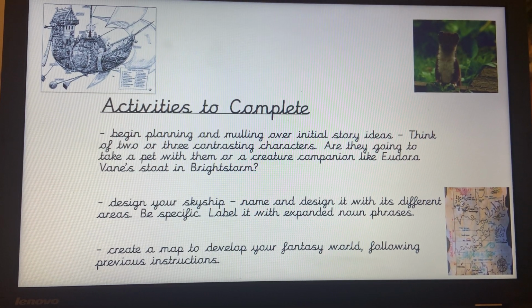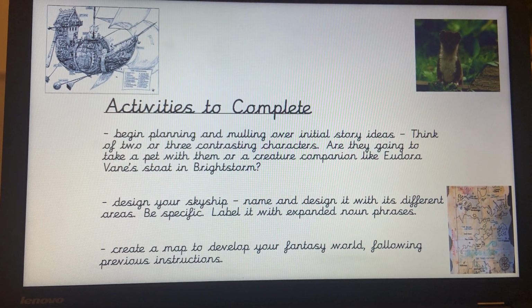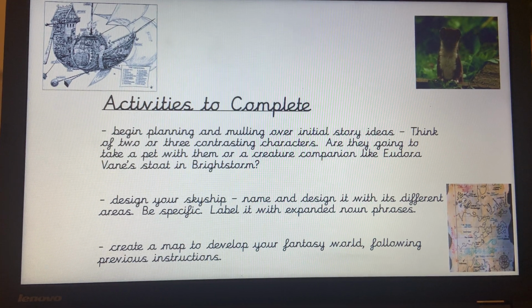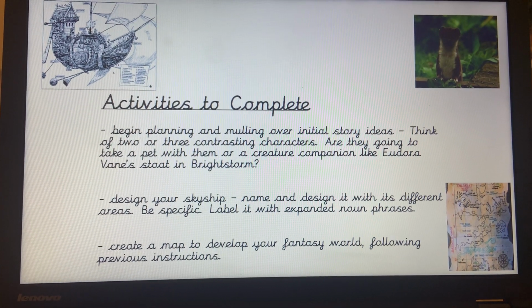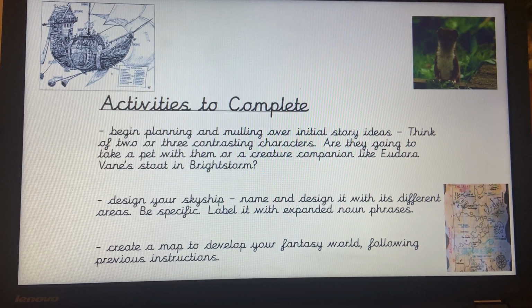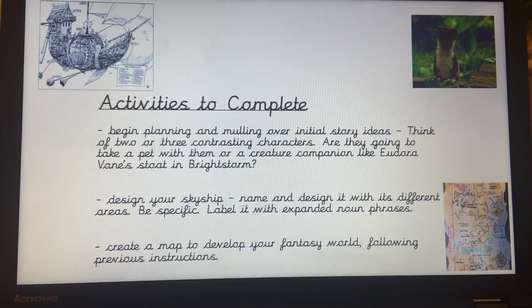So before we start with the session that is planned for today, I just wanted to highlight to you the activities that we had planned for Friday. The reason for this is because if you haven't done these already, this is a good starting point for you. The reason I would like you to look back at them is because on Friday you were asked to begin